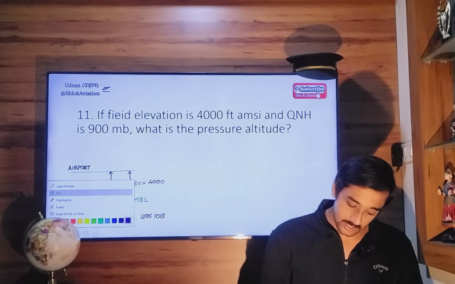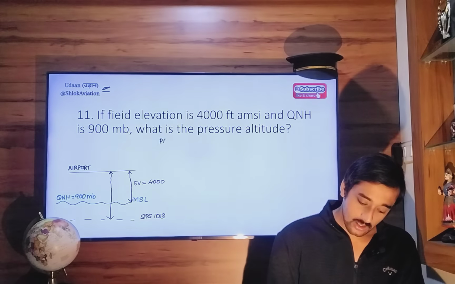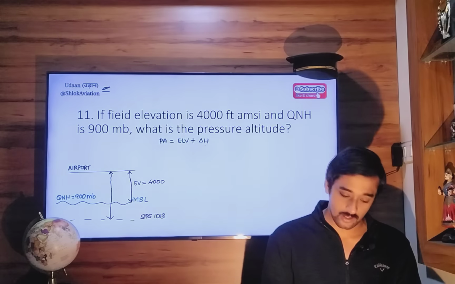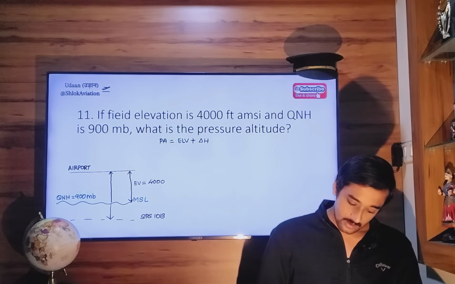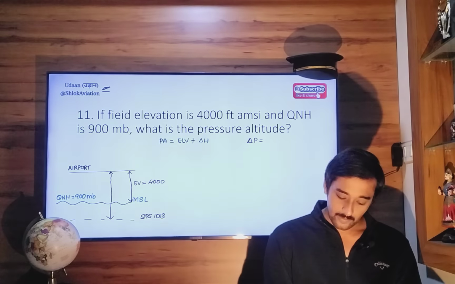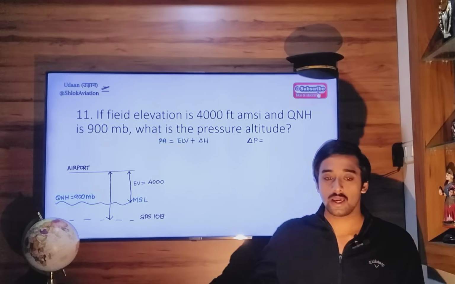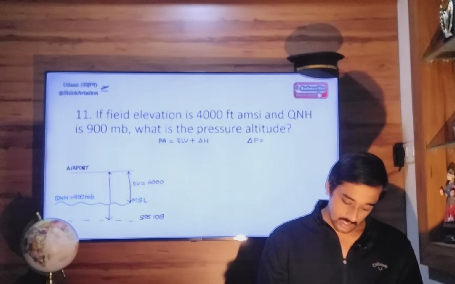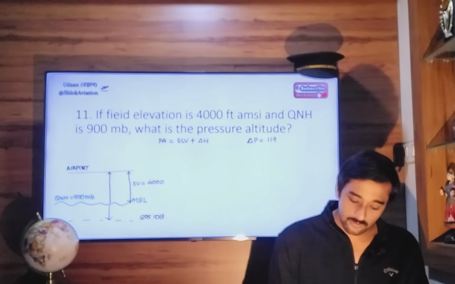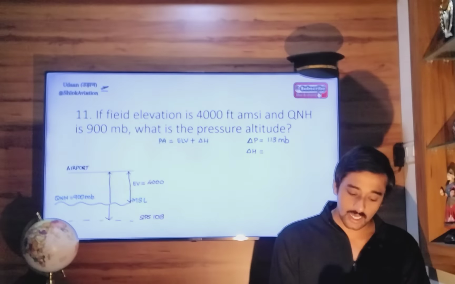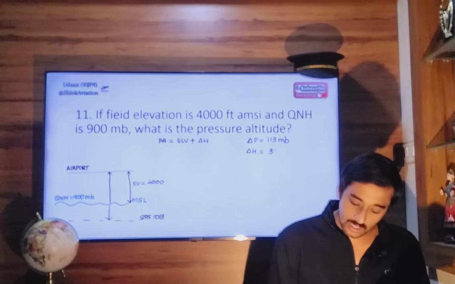Okay, so I'm going to write it here. Pressure altitude equals to elevation plus the height difference between two pressure levels. So what is the pressure difference between them? 1013 minus 900, that is equal to 113. So that is the pressure difference between them. This pressure difference will be equal to a height difference of 113 into 27, that is 3051, or approximately 3050